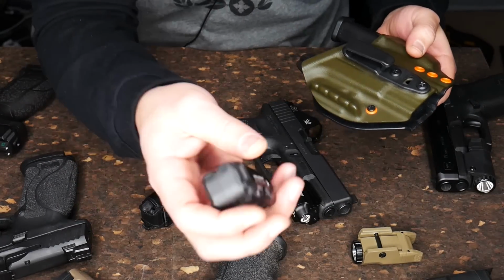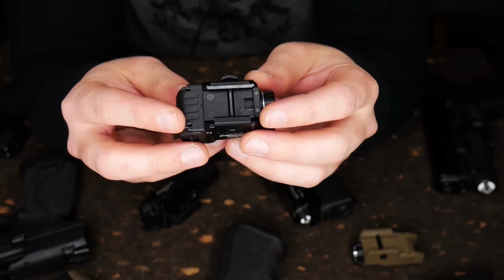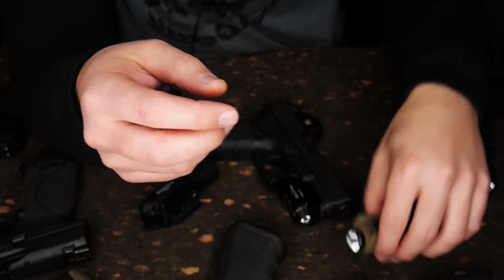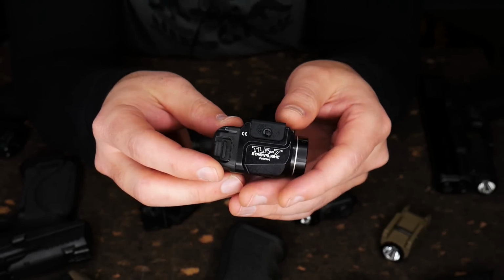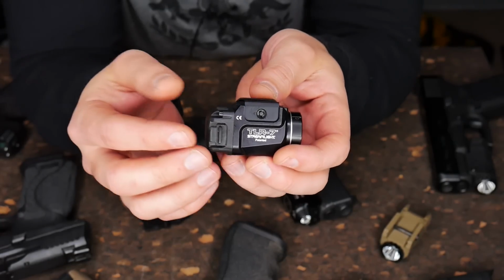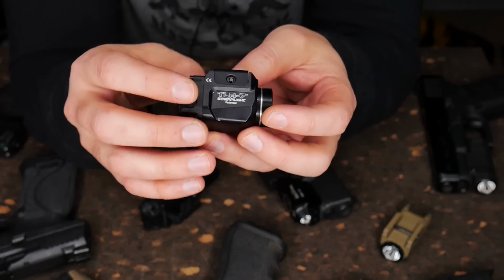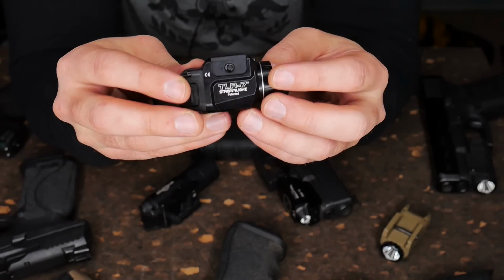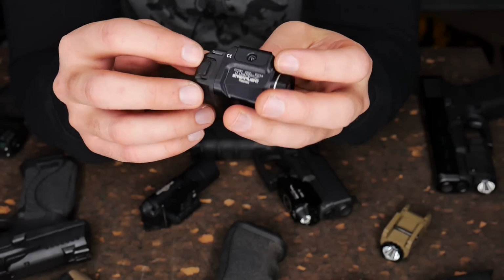People are gonna ask, are these gonna have holsters made for them? The design of this light is a little bit tricky. It's not as streamlined and easy as the XC1 or the APLC. There's a little more complex lines. Now, for people that are just gonna do foam pressers of the actual light, that's not really an issue. But for people like me, that I have my brother actually take a bunch of measurements and design this in CAD, there's a lot of interesting facets of this light that make it a little bit trickier to make holsters for in that regard,